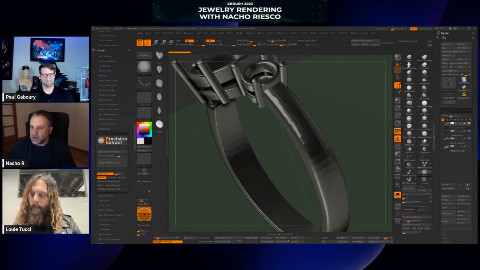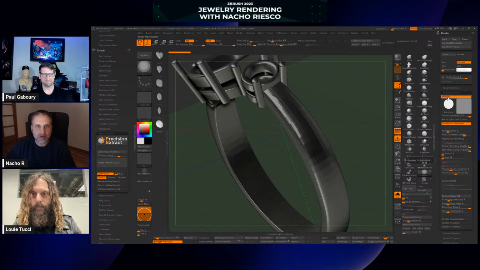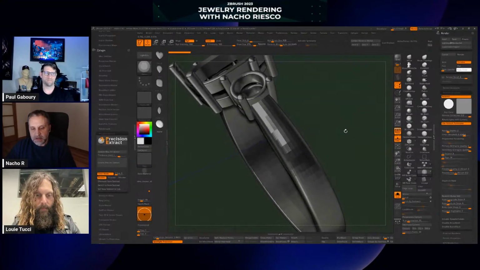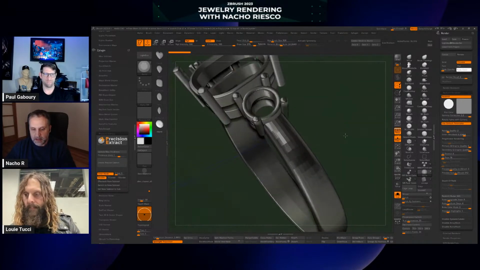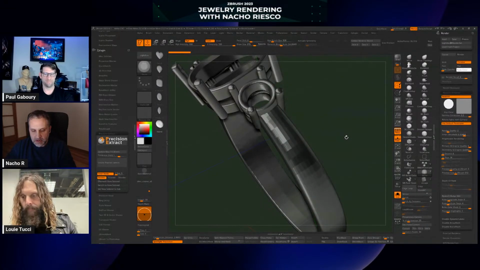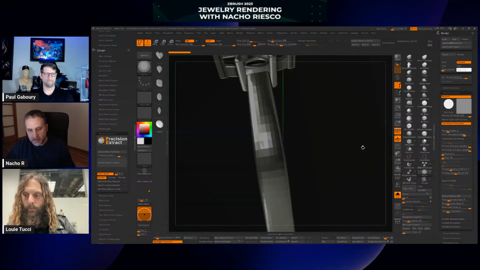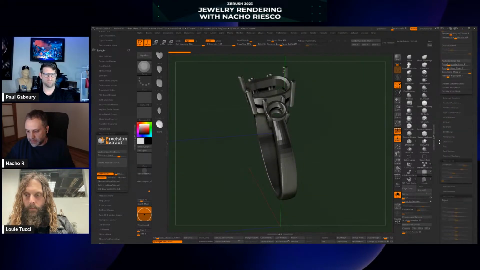So you go here to the render section. Here you have this section. You can open it and you can start rendering your pieces with Redshift inside of ZBrush. I was talking about a file that comes from an external software, a CAD software. You can see here the mesh and the surface, how the surface looks like. It's very common that people send you files from CAD software to fix them, or to add more elements, or as a starting point to work with. But the good thing about ZBrush is that you have this option inside of